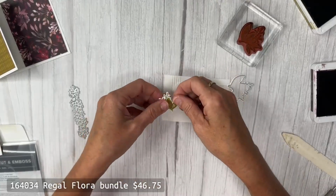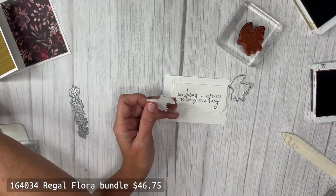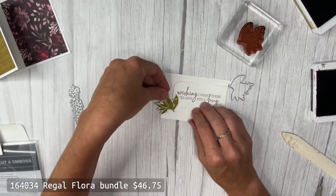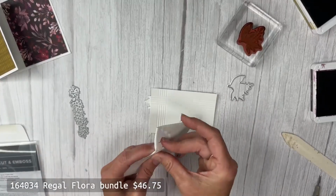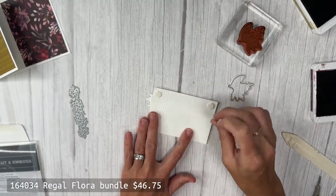My friend Wendy Lee was the one who had originally showed me this technique and got me really excited about it. Now I've been doing all kinds of cards. I think it just takes that plain white paper and makes it that much more special. Okay, so there's that. This was just white on white. Whenever I do color on color, I like to pop it up for a little bit of dimension